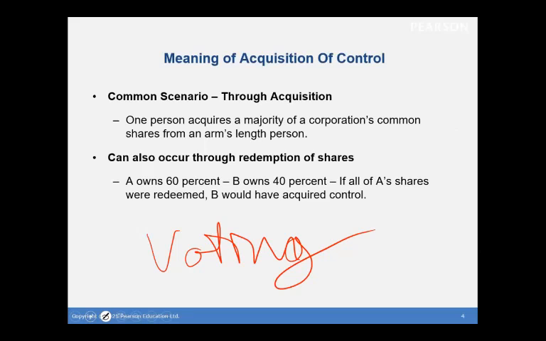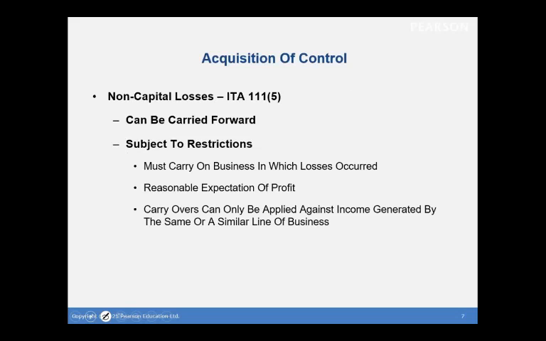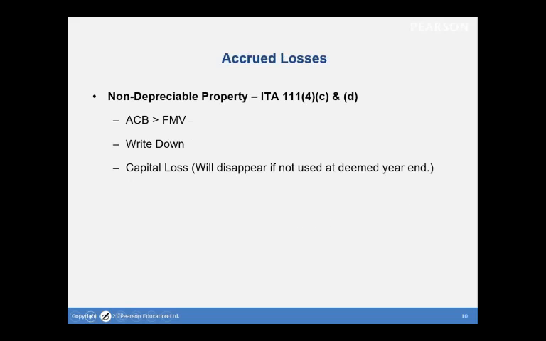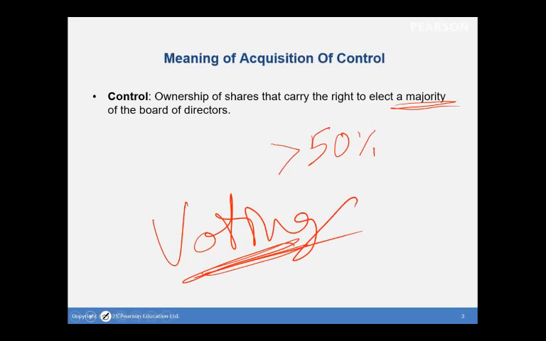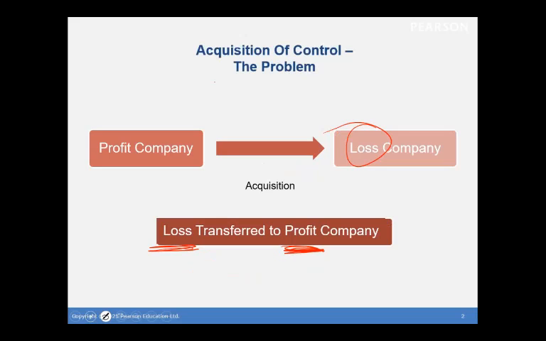So let's talk a little bit more here. I don't think there's anything else more on the slideshow here. What I'll mention about this, it says in the slide, the problem: can we use these losses? We've been talking a lot about losses of the same entity. What about a loss of another entity? I guess the simplest way to put this is that those losses can only be used